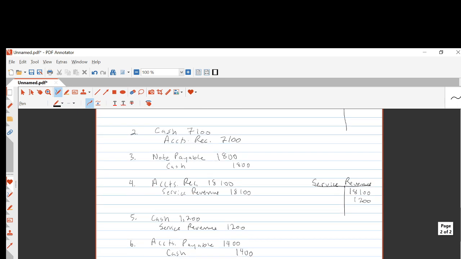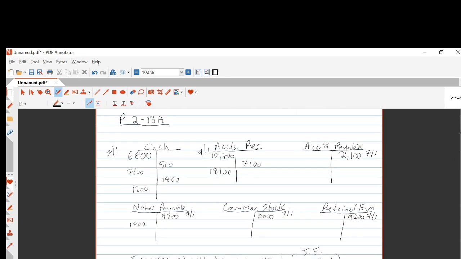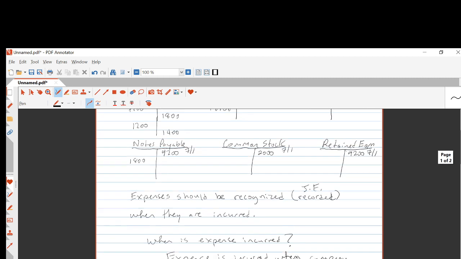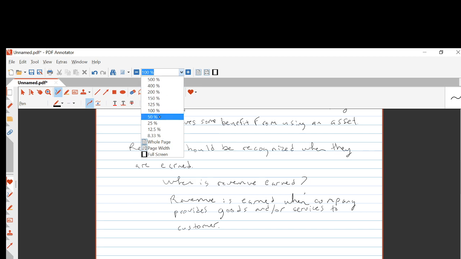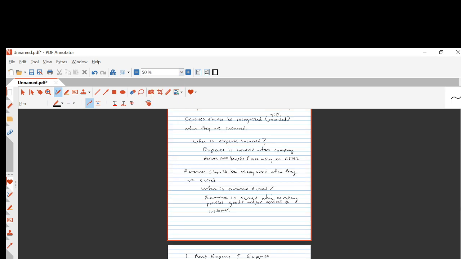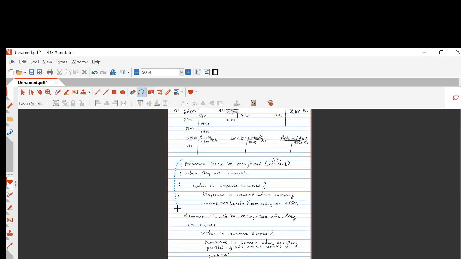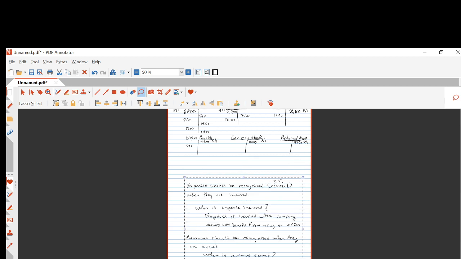And then we'll update the T accounts. So accounts payable, $1,400 on the right hand side, or the left hand side, and the right hand side for cash, $1,400. We're going to need more room. Let's give ourselves some more room here. Move that down. Move this down. Hopefully that'll be